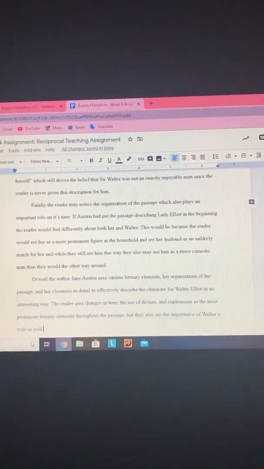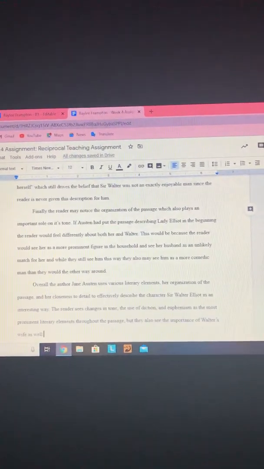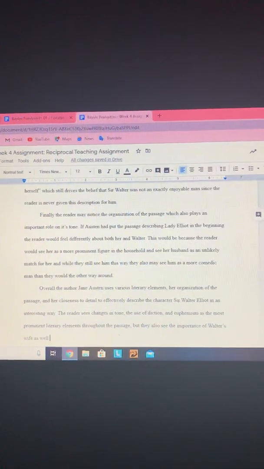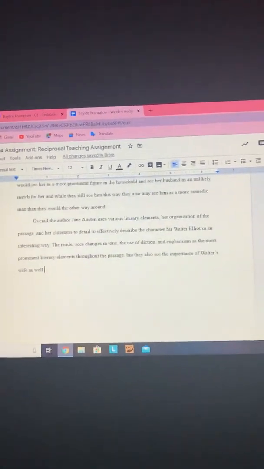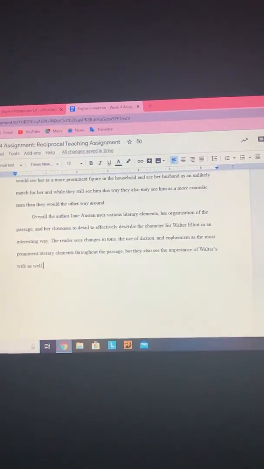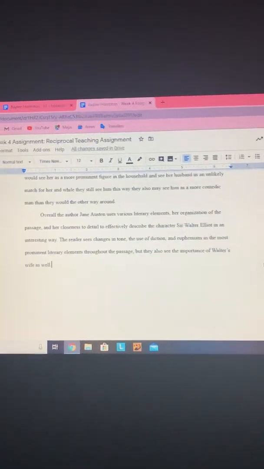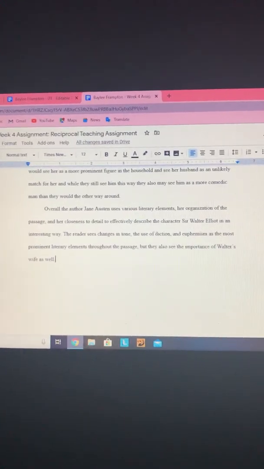her. But since it is not this way, it is the other way around. The reader perceives Walter as a more comedic type of character, because it's just kind of ridiculous that he's so full of himself. And then overall, the author Jane Austen used various